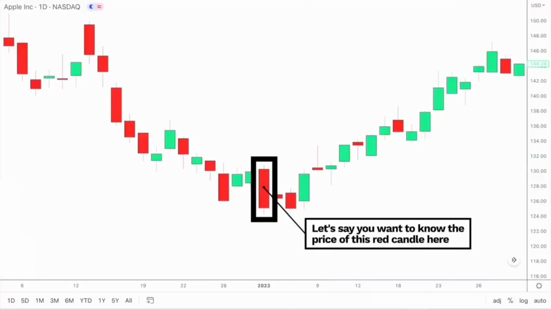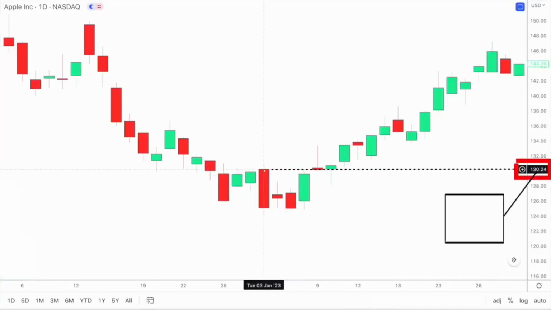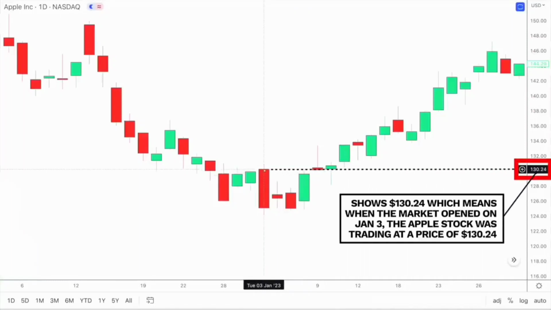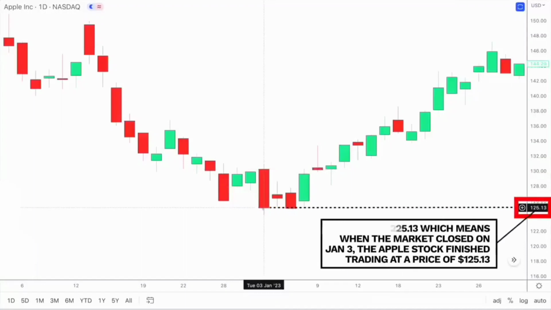So that's how you find the prices of the red candle here. Remember, on a bullish candlestick, the open is at the bottom of the rectangle and the close is at the top. Here, for January 3rd, place your mouse at the top of the rectangle, and it shows $130.24 for the opening price of January 3rd. Place your mouse at the bottom of the rectangle, and it shows